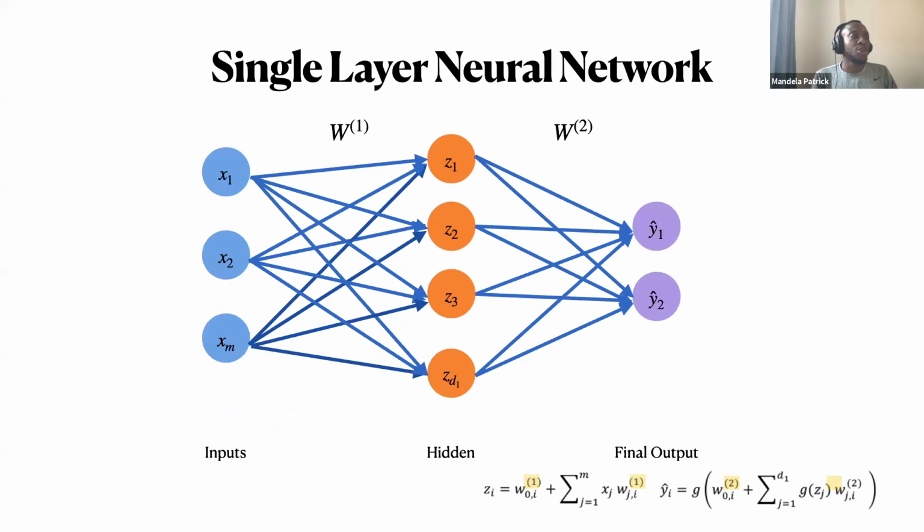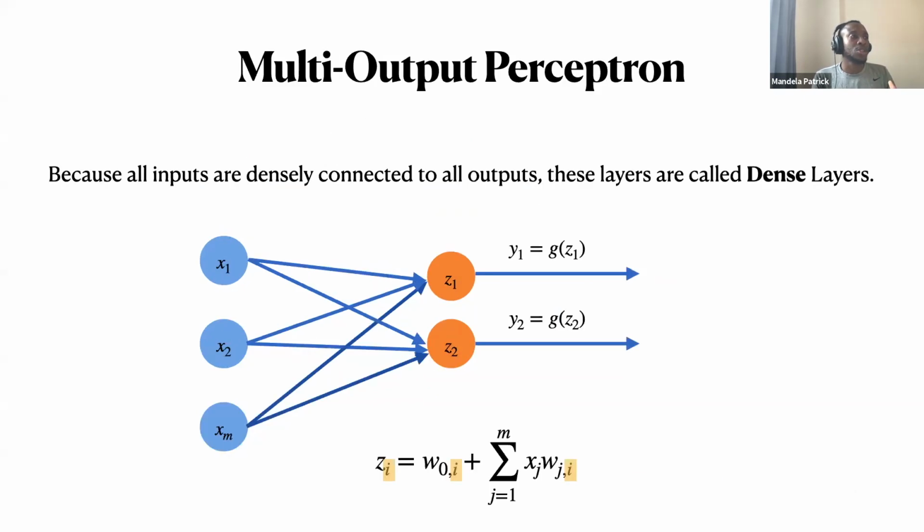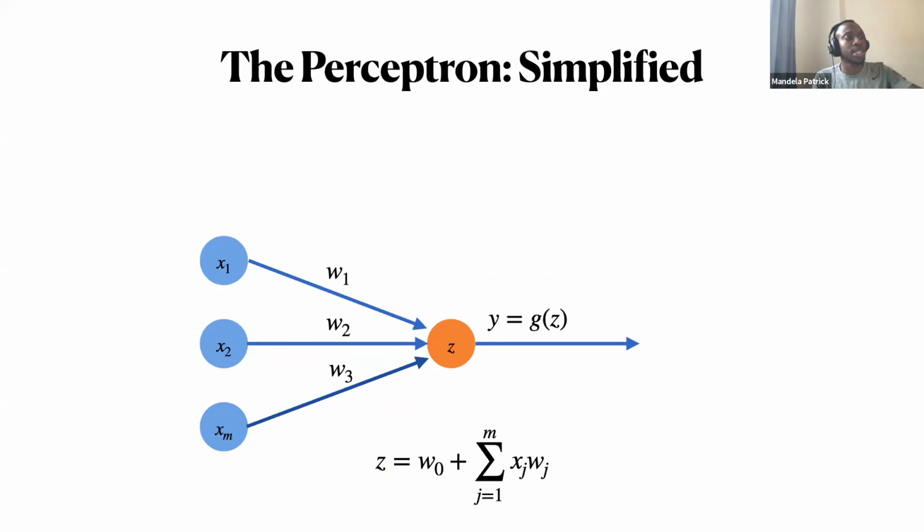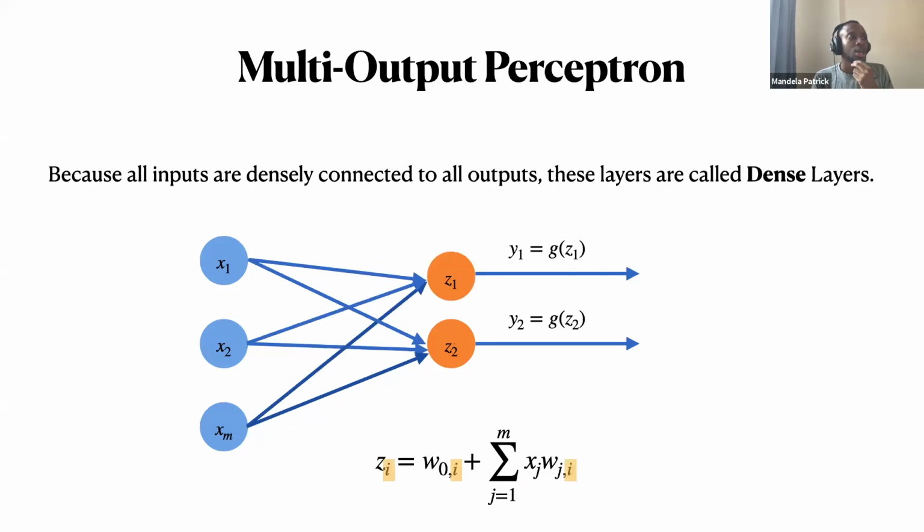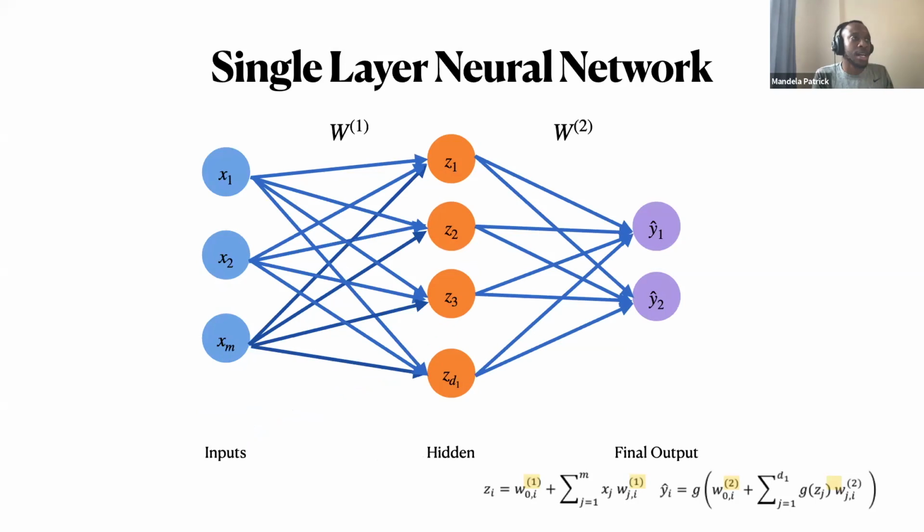A single layer neural network is essentially, as you can see in the progression, so before we just had a perceptron, which is just one unit, then we add another unit, which is a little more complex. And now for the most basic neural network, we add basically 6 units. So we call this a single layer neural network because it has one hidden layer, and it's hidden because we don't directly see its outputs.